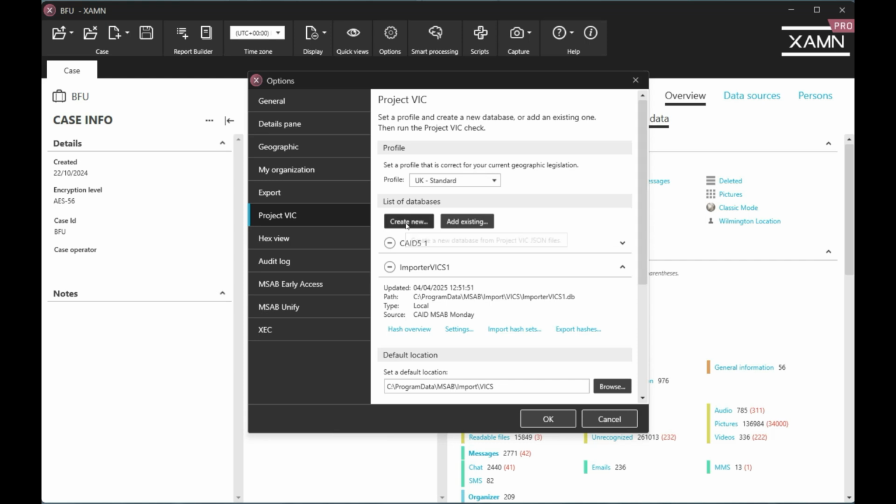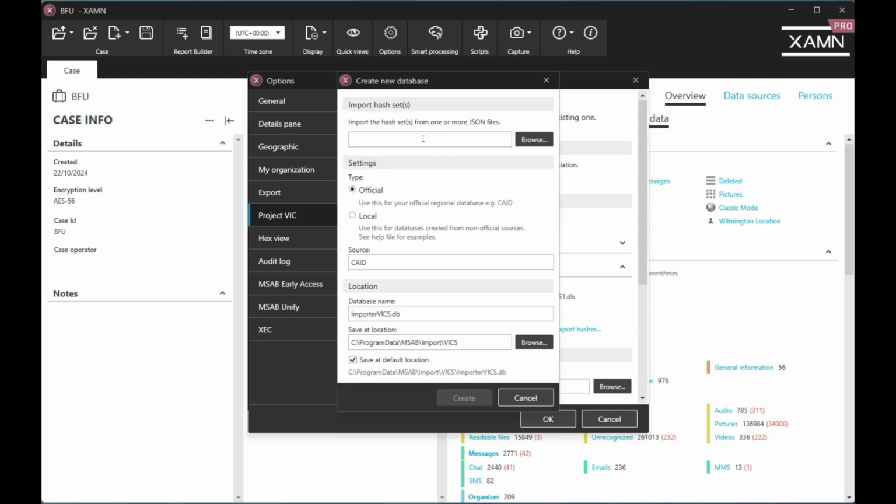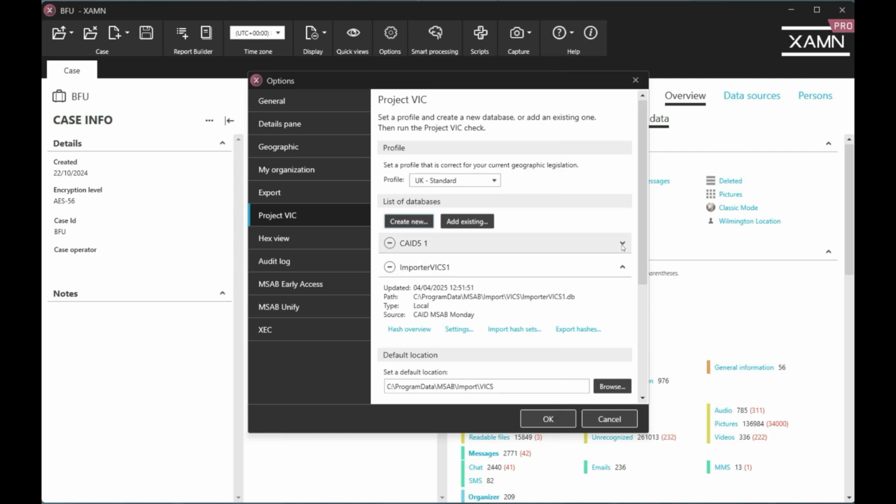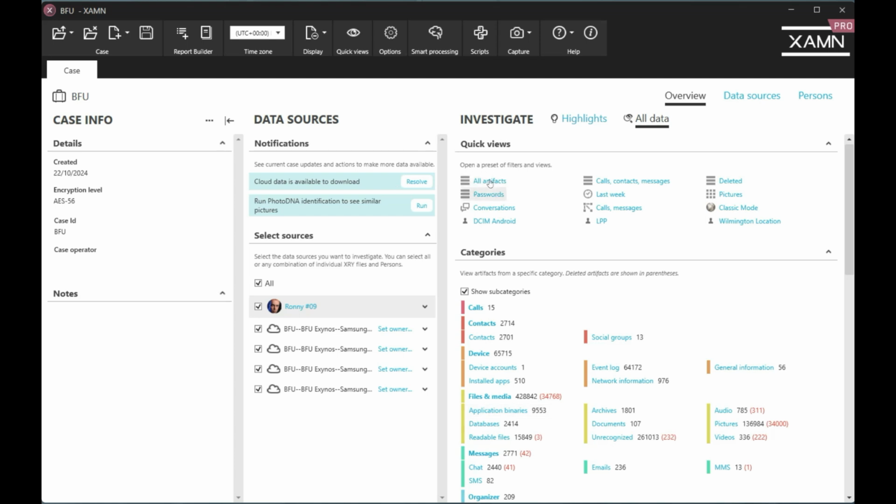In order to create a Vic database, you need to import a JSON file and then set it as official or local and then store the details in the relevant places. Once you've done that, and you can see here that I've imported two, then once we click OK, and we go into all of our artifacts or pictures, because that's where these checks are going to be carried out,